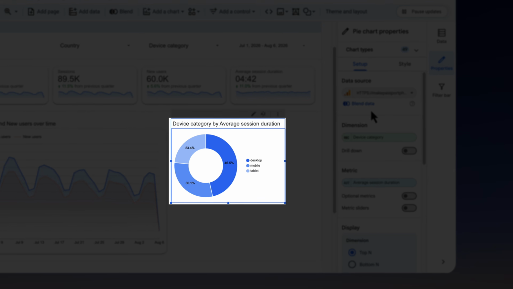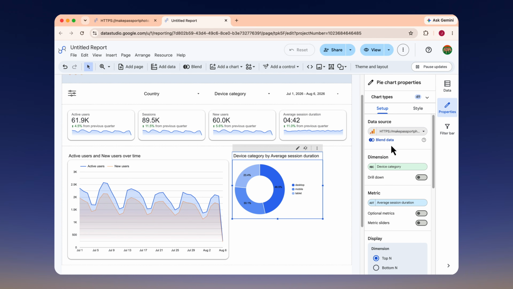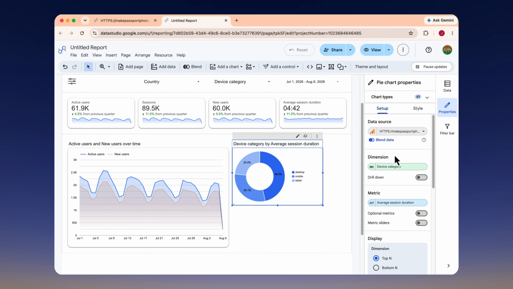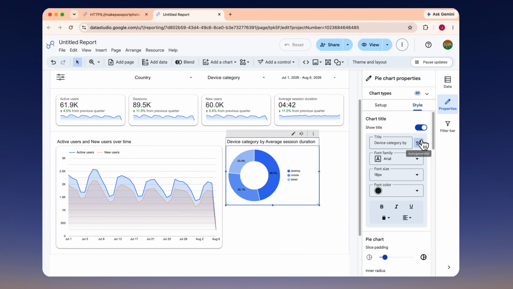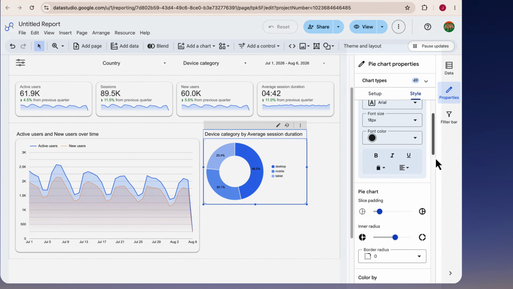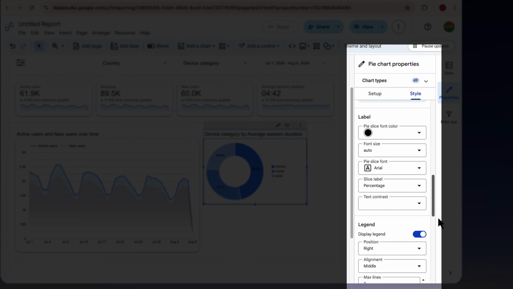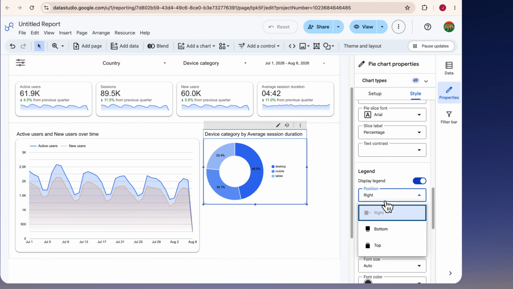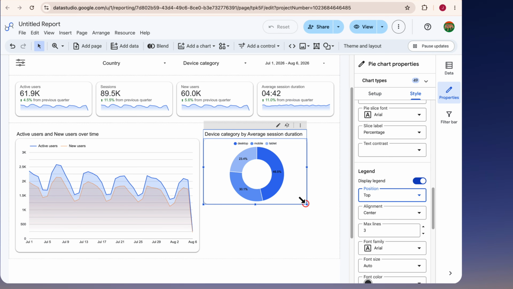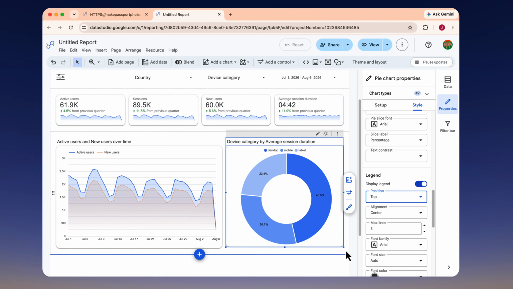As we change the style for our other charts, we can do the same here. On the right, open the Style tab. Here you can change things like the position, background, border, header, and font. So far, we have looked at what people do on the website and which devices they use.